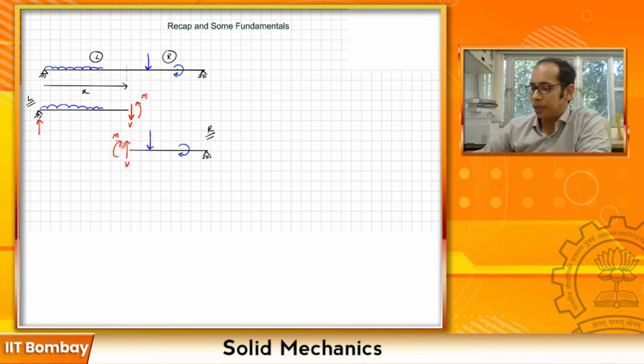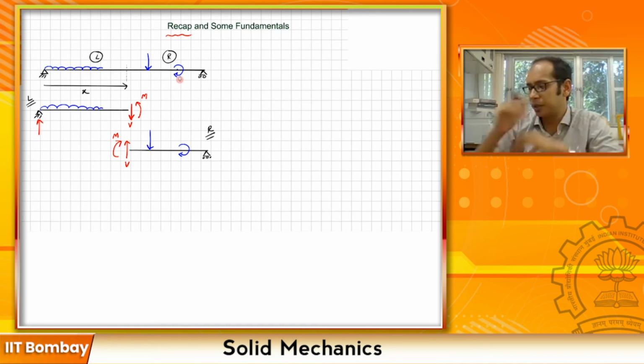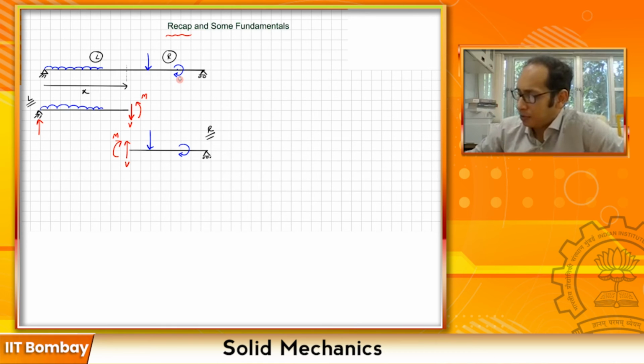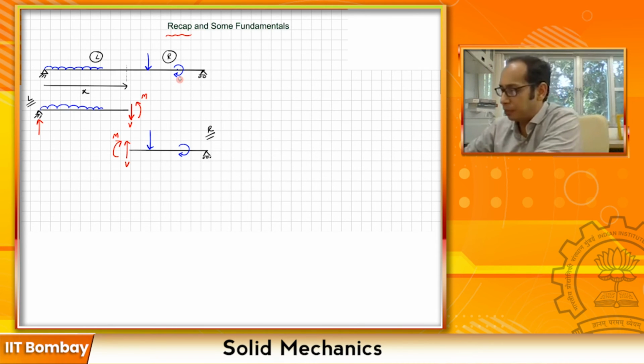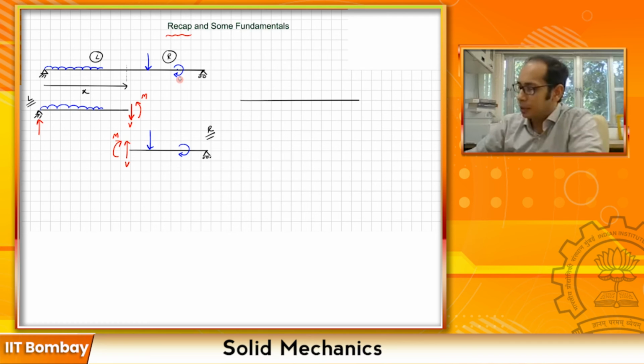Okay, now in addition to this, so this was mostly the recap part. Now in addition to this, some very basic fundamentals which we have somehow looked at a little bit in our introductory lecture. For example, suppose you have a beam, so let's draw a simply supported beam again. Suppose you have a pin support at the left end and a roller support at the right.